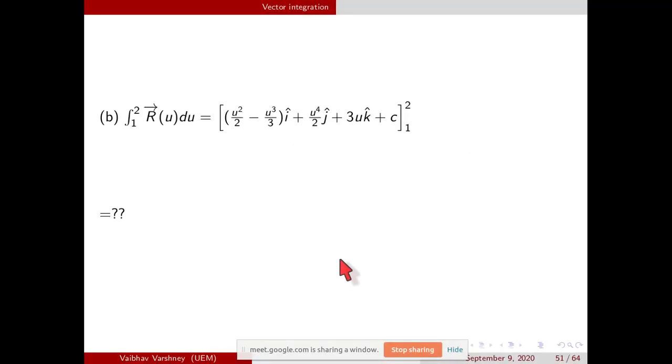Should I move? Sir, can you repeat the answer? Answer is minus 5 by 6 i cap plus 15 by 2 j cap minus 3 k cap. I think almost 5 students said yes, so it must be right. All 5 cannot be wrong at the same time. Minus 3 k cap. Yeah, it should be 3, na. 3 to just 6, 6 minus 3, 3. Okay.